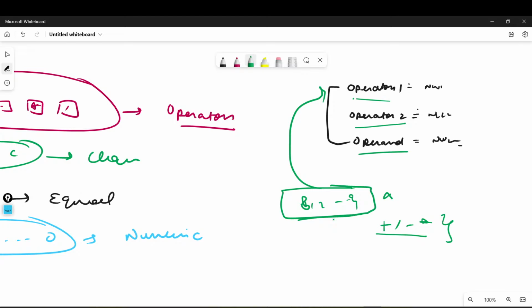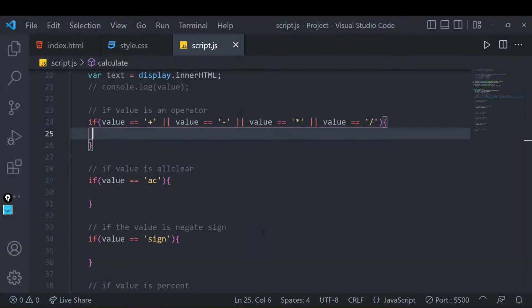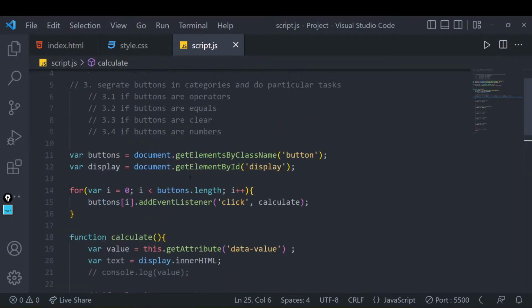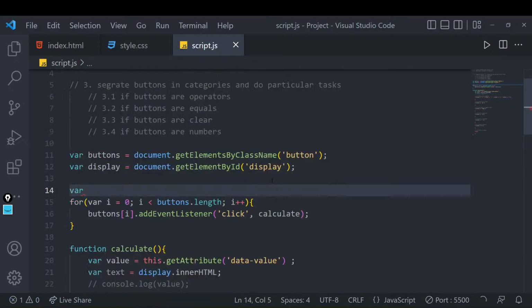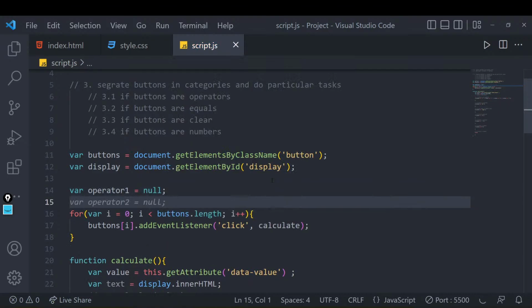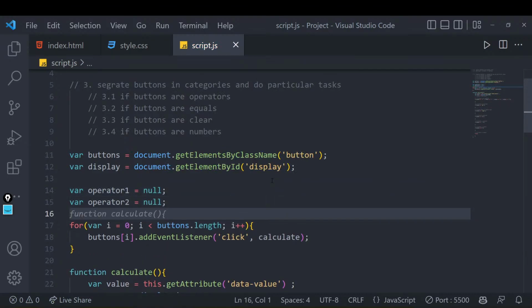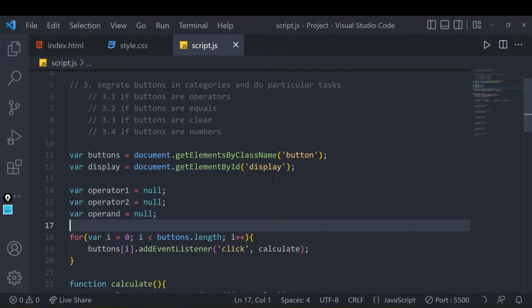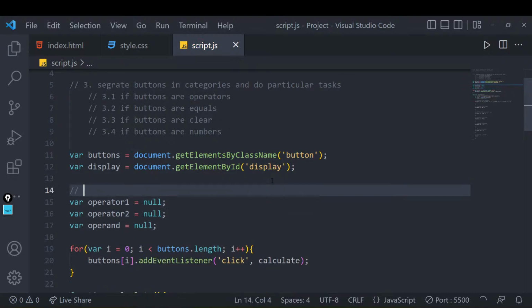So till this point, we will have to make 3 variables, and then we will start doing the first part. That is how you will handle that operator area. So I'll just go into the code, and before even doing that, I'll write these 3 variables over here. Variable operand 1 equals null. Or maybe, if you want to keep it simple, operand 2 is also null, and variable operator equals also null. So these are only for calculation purposes, for calculating the result.